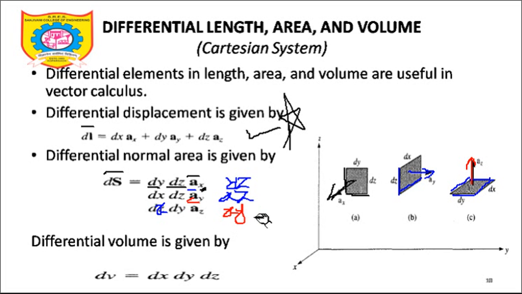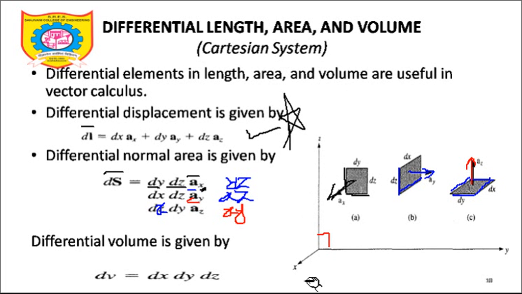Remember once again, surface is a vector entity. To represent a surface, there must be a unit vector normal to the plane. So if it is a yz plane, the unit vector in the direction normal to the yz plane will be x. If you consider this yz plane, this is a 90-degree axis, and I cannot show the x-axis exactly perpendicular to you, but try to understand the axis coming towards you: it is perpendicular to the plane of the board, plane of paper, or plane of laptop, whatever it may be. So it is ax bar.